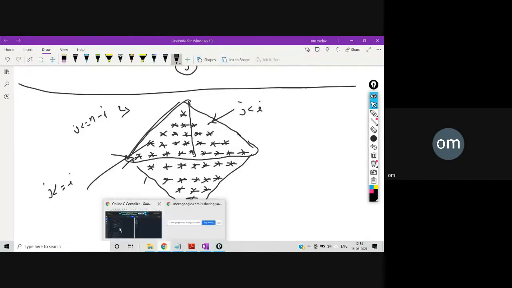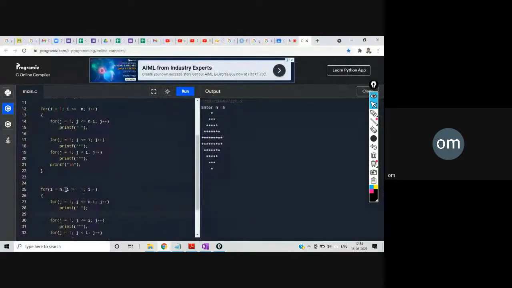For this, what you can do, let's check over here. We'll not move this n times. We'll move this n minus 1 time. Let's check this. I'll run this with 5. Sometimes it doesn't give proper output, so I'll run it again with 5. Yeah.